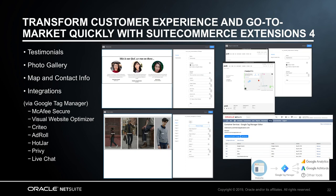Map and Contact Info enables customers to add a web map using a third-party map service and include contact information. You can select various layout settings such as map position, section size, and icons to give your map the appearance